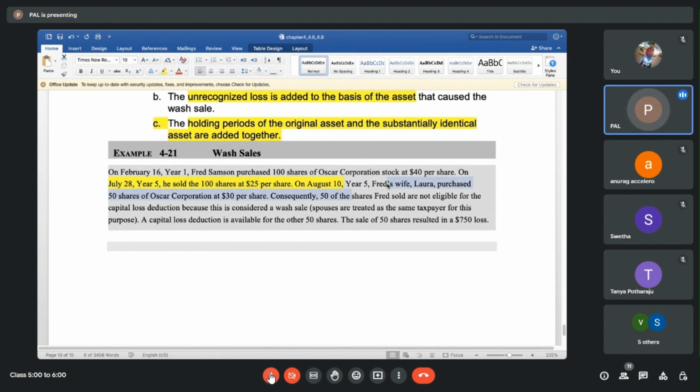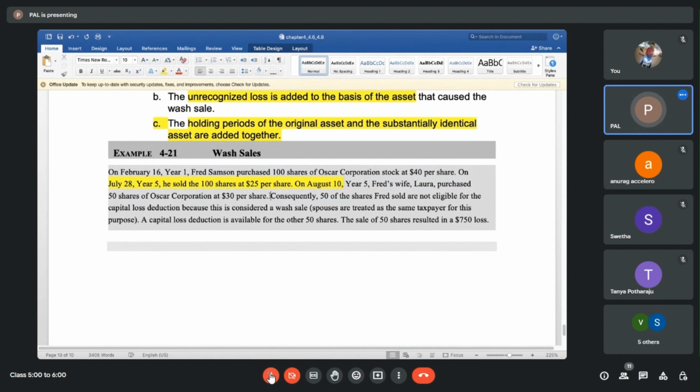He sold on July 28th. Within 10 or 12 days, on August 10th, his wife Laura purchased another 50 shares of the same stock. I'm sure he must be getting mad at his wife now. Why did she purchase it? Because she purchased it, and this is all happening within 30 days, whether or not he has any knowledge of it,